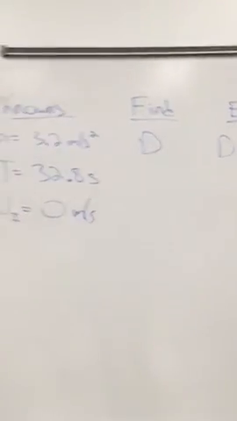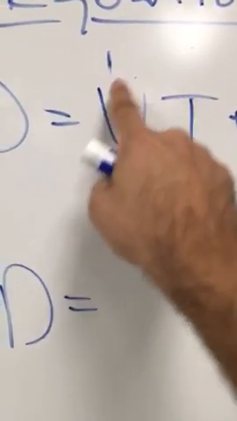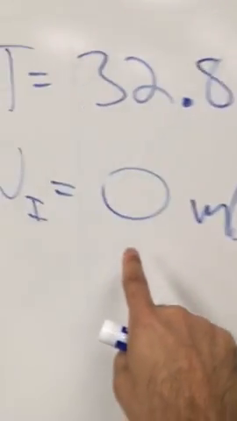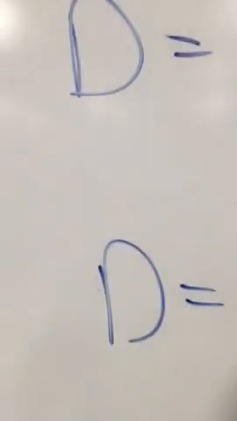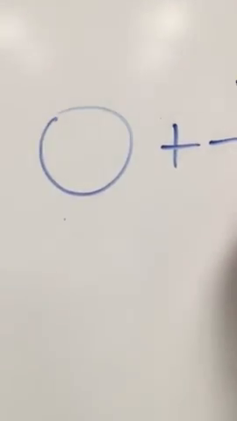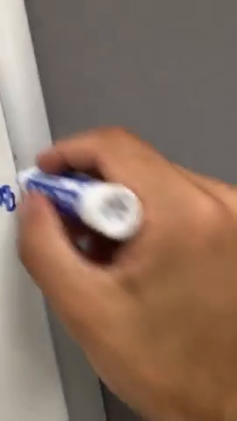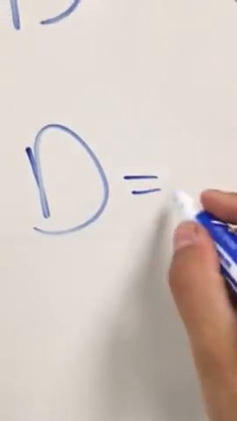And so now, since I'm finding D, I'm going to literally plug these into the equation. So this is going to be D, which I don't know. VI is 0. So if this is 0, which we see it is, then this whole VI times T term becomes 0. So this would be 0 plus 1/2. What's our acceleration? 3.2. And then what's our time? Our time is 32.8. Notice that that's squared, so I'm going to square that. So then, simply, it ends up being D equals 1/2